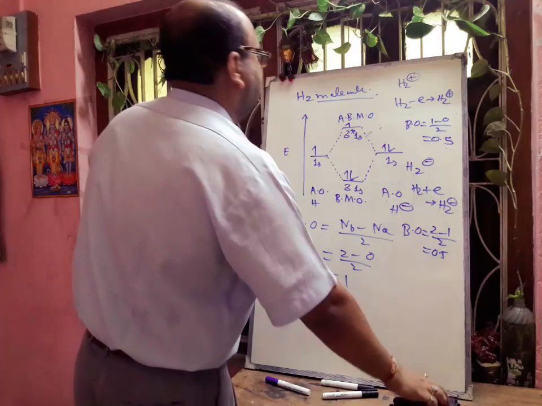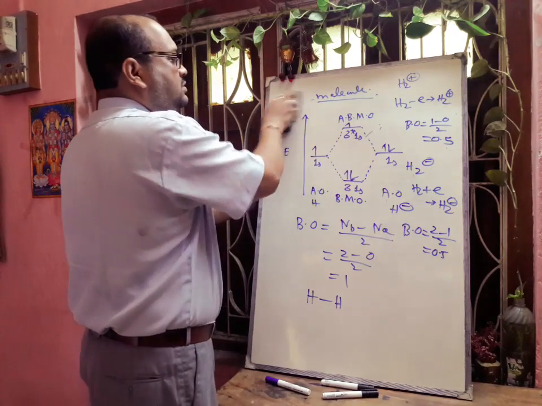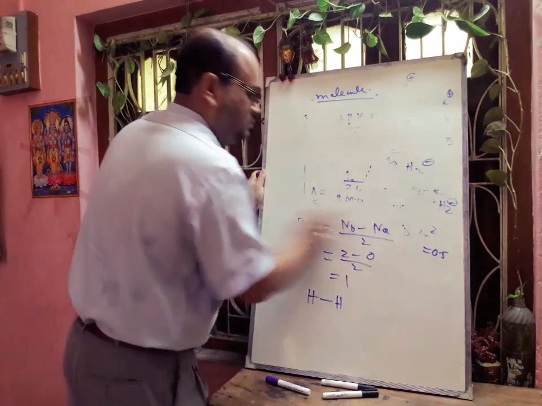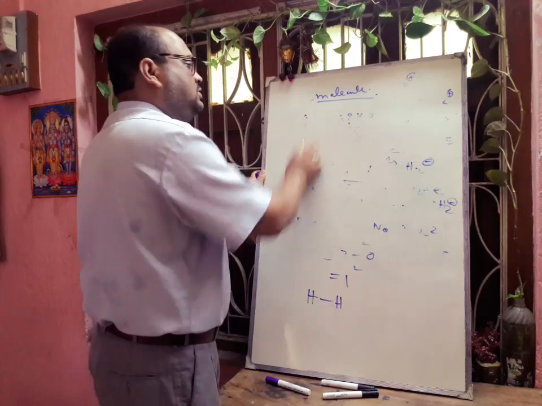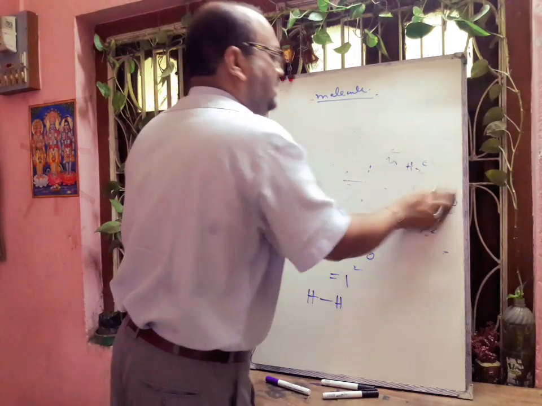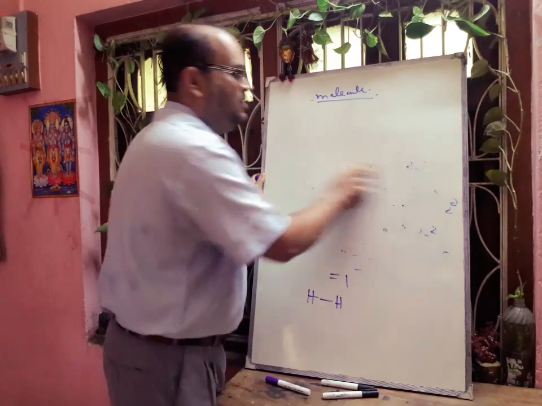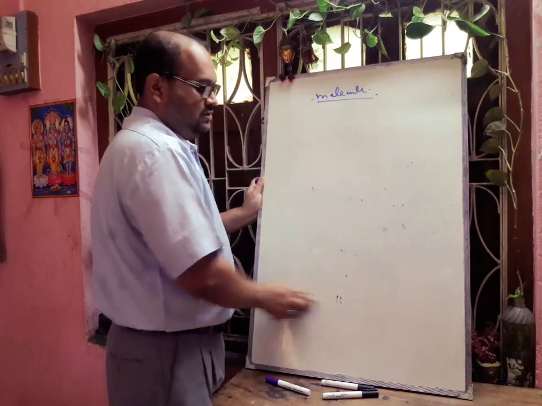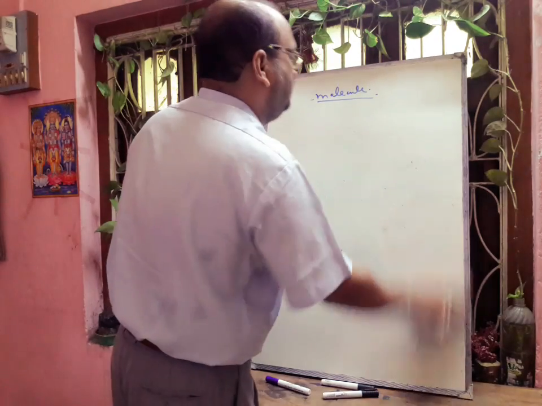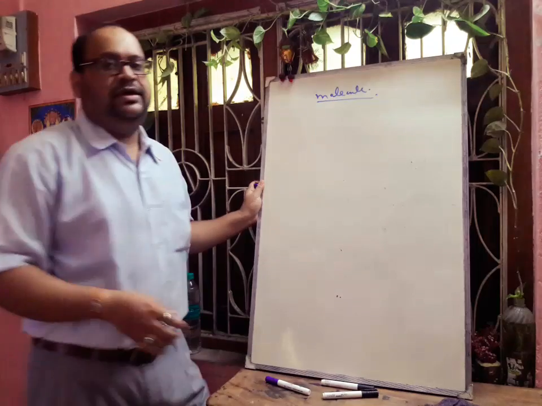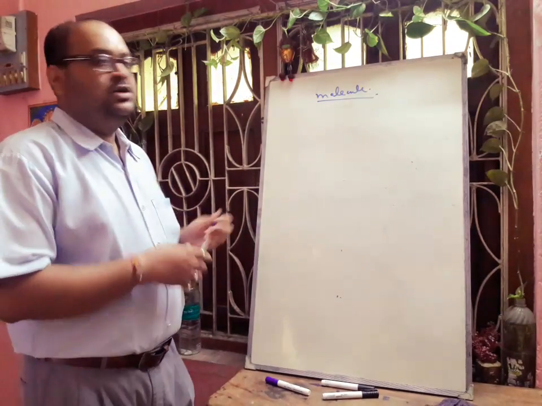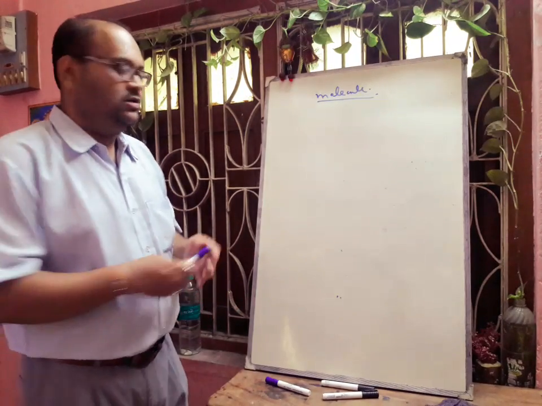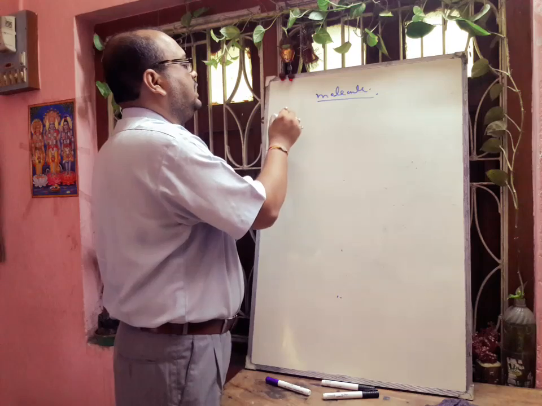Next we will discuss the MO diagram of the helium molecule. So this is a hypothetical concept. Why? Because we know that inert gases, or noble gases, like helium, neon, argon, krypton, xenon, do not form bonds or molecules. So here we will check whether the existence of He2 is possible or not. So first we are writing the hypothetical He2.